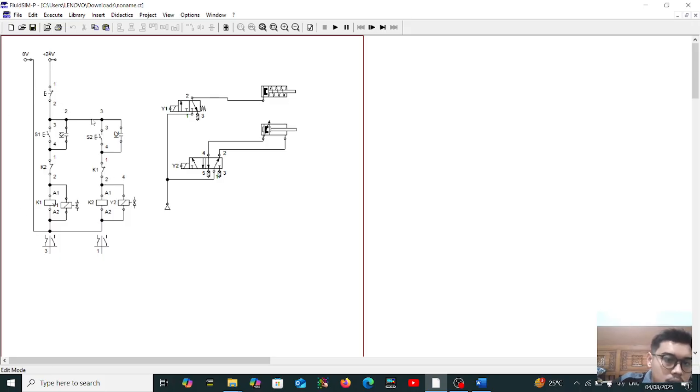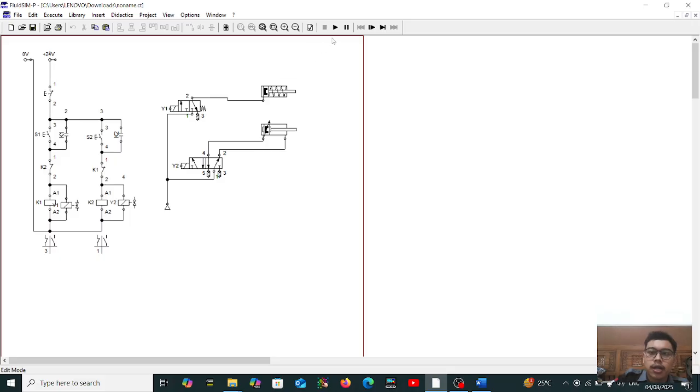There is the electrical circuit, and then on the right, this is the pneumatic circuit.